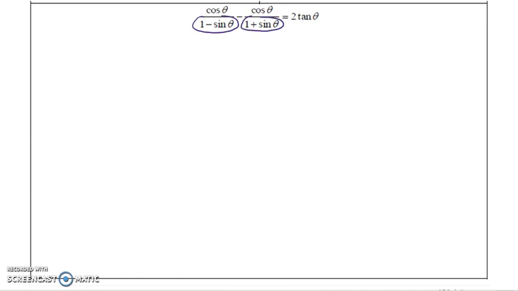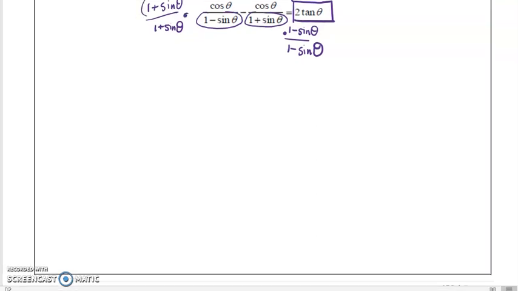And maybe you've seen some strategies to help you with that up to this point. We want to take this right-handed denominator and multiply it by the first fraction on top and bottom. And then we're going to take this left-handed denominator and multiply it by the second fraction on top and bottom. Keeping in mind our ultimate goal is to get 2 times tangent. So from here, we have to take this fraction,